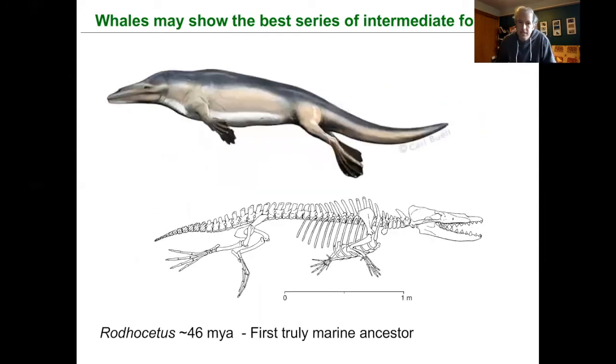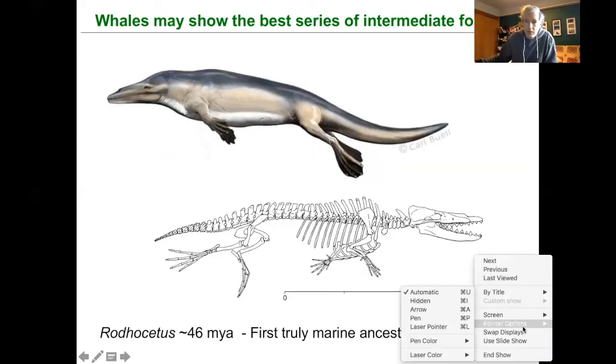After Myocetus, next up in the fossil record, we see this thing called Rhodocetus. This was the first truly marine whale ancestor. We've still got hind limbs. Whales don't have any hind limbs at all. Still got hind limbs, but now in the fossils, we see that they've got webbed feet. This thing has lost its fur. And critically, this region of the back,